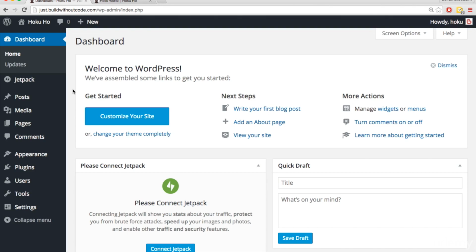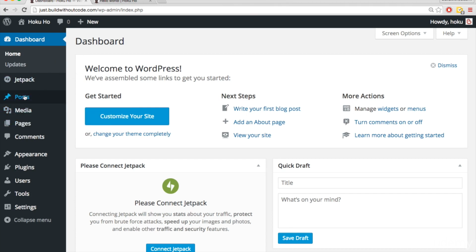In order to customize our website, we're going to be using WordPress. And WordPress is web software that lets you customize your site, and you can do so without having to write code. So it makes it a lot easier to build your website, but WordPress is still very flexible and powerful. And so right now I'm signed into my WordPress dashboard,